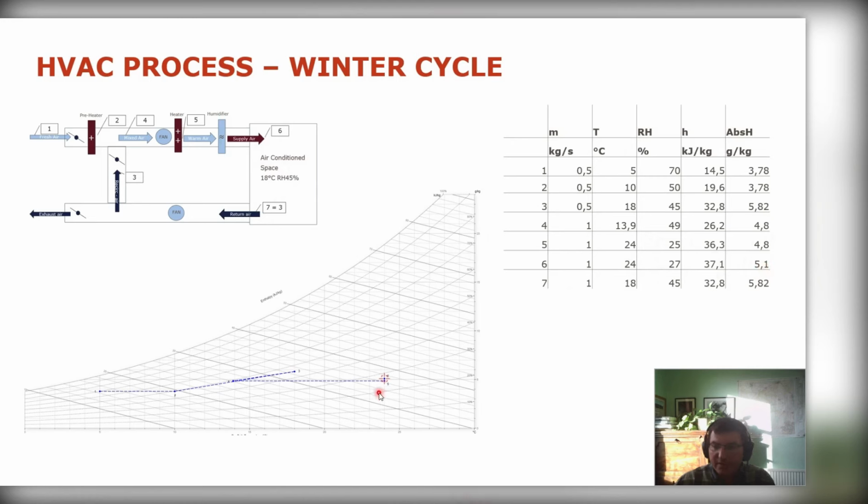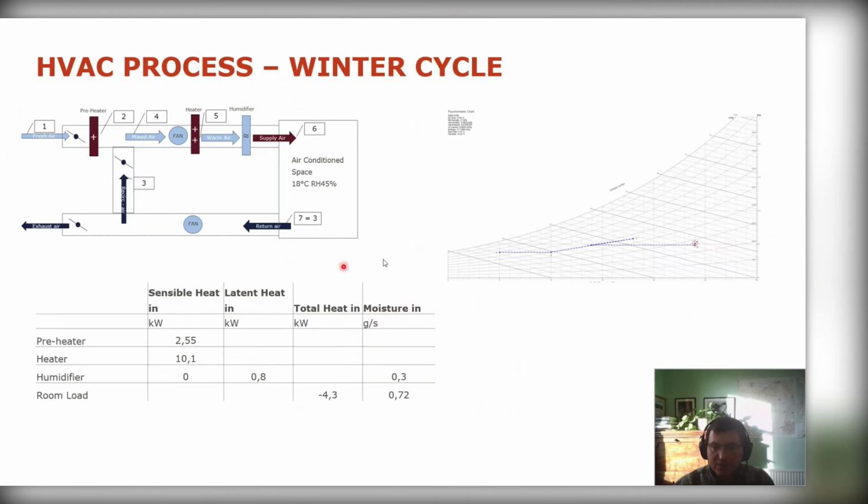And what we can then compare, we can compare the air supplied into the room at 0.6 to the air in the room at 0.3. 0.3 equals 0.7 is the same. So if we compare those two, we can see how much of a difference there is in terms of the heat put in and how much difference there is in terms of the moisture put in per kilogram of flow of air. So if I flick to the next slide,